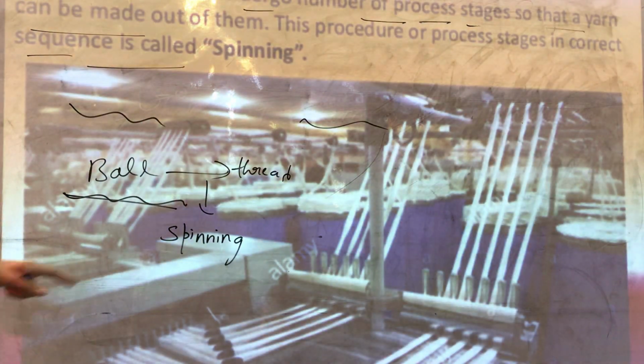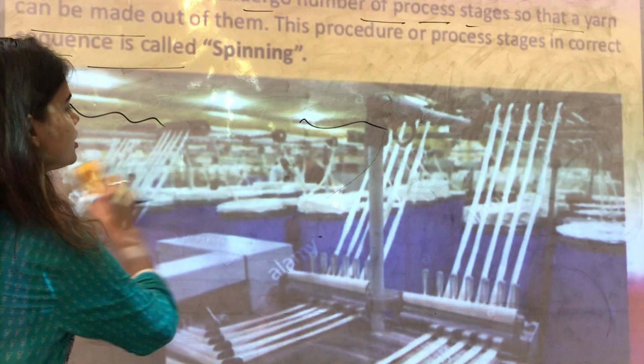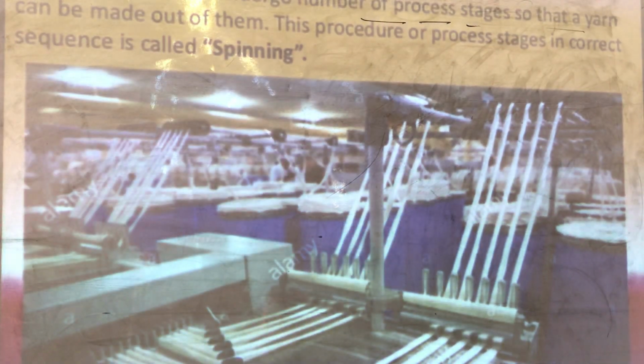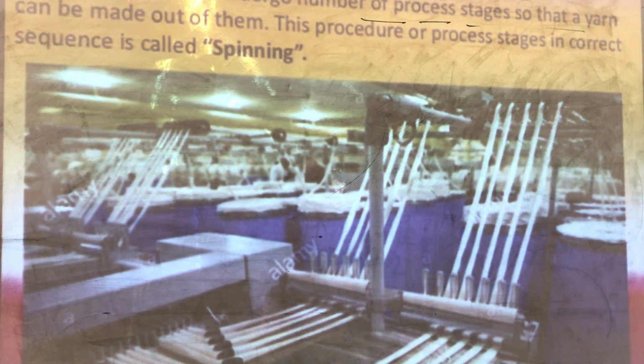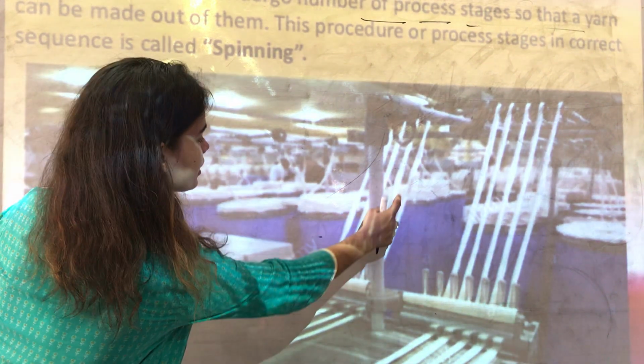So this is the machine that is used by industries. You can see clearly. Can you see? So yarn made out of staple fiber is known as spun yarn. So this is yarn. Can you see? This is now converted